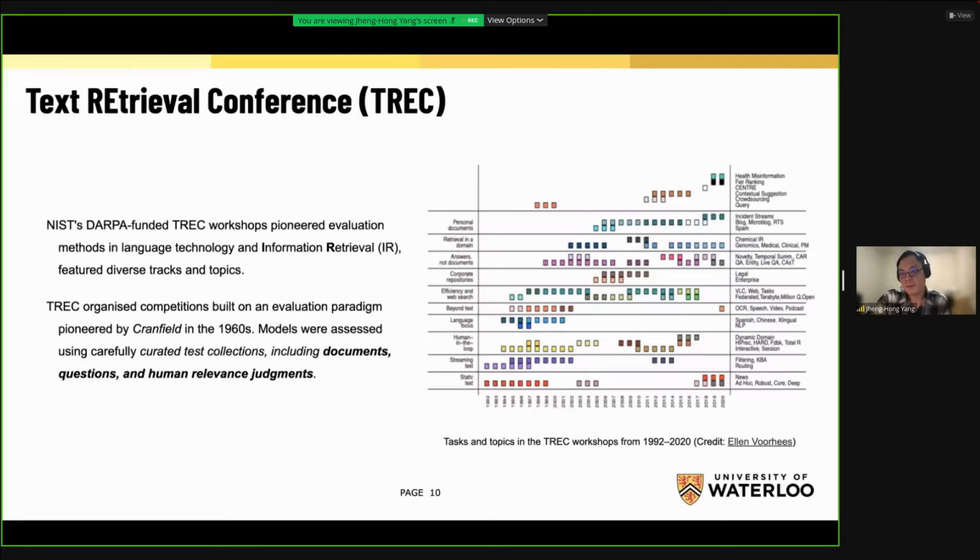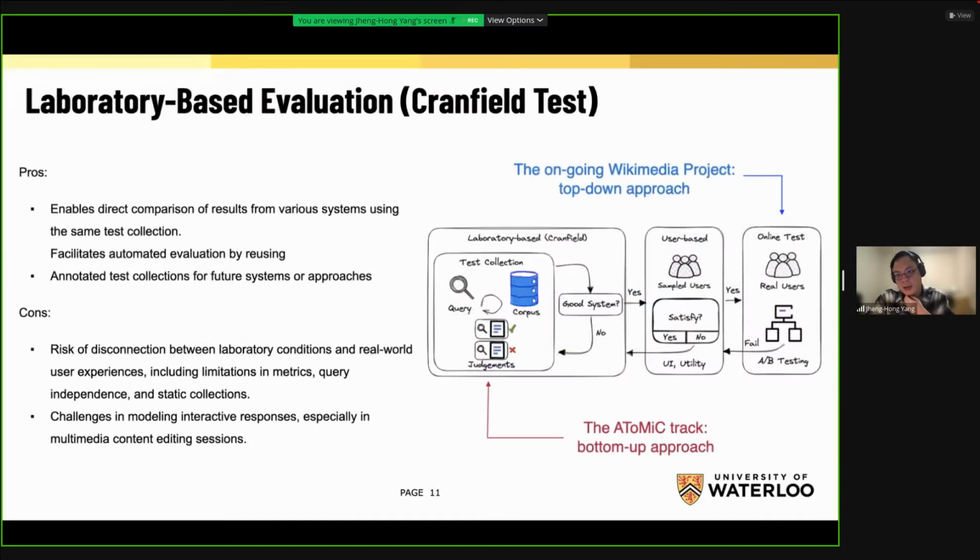We have been working on this for decades, and there are a lot of tasks that have been studied in our conference, and Atomic is the first official multimedia retrieval task that we introduced this year. Our approach is different from the approach that you just saw, because the Wikimedia Foundation team works with an A/B test approach: they design the user model and the interface and then run the A/B test